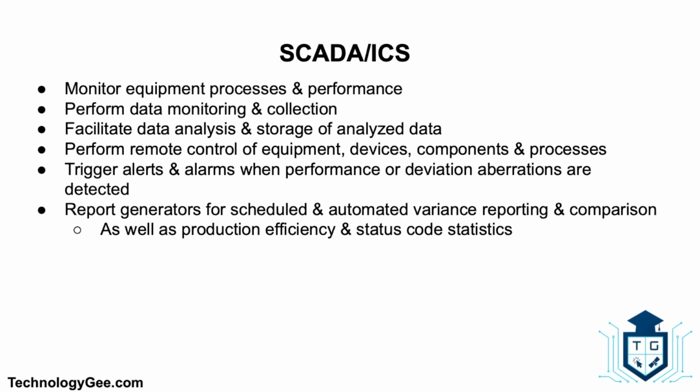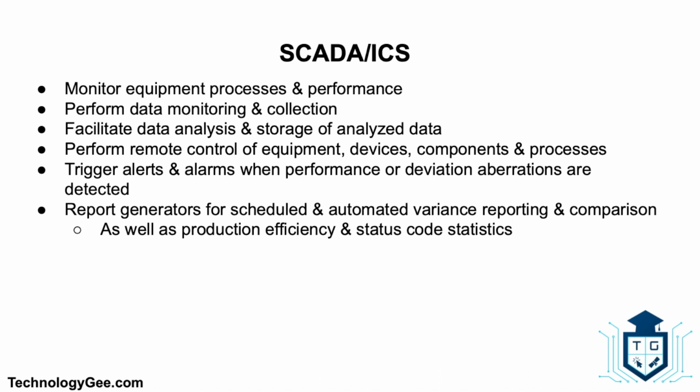SCADA and ICS allow organizations to do the following. They can monitor equipment processes and performance. They can perform data monitoring and collection. They can facilitate data analysis and storage of analyzed data. They can perform remote control of equipment, devices, components, and processes. They can trigger alerts and alarms when performance or deviation aberrations are detected. And they can generate reports for scheduled and automated variance reporting and comparison, as well as production efficiency and status